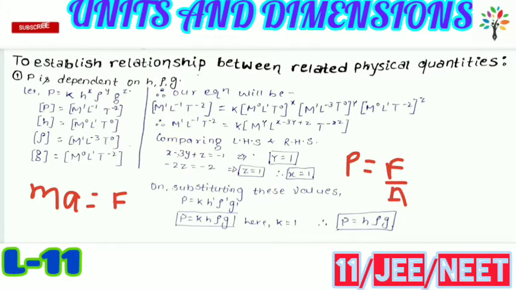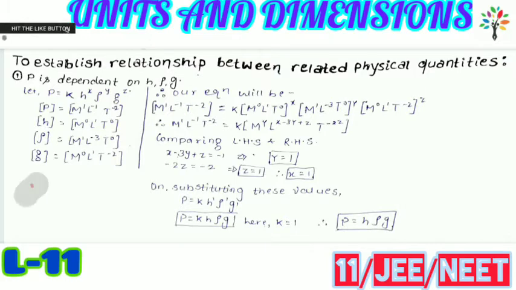How is this related? We may find this formula, this relation, with the help of the concept of dimensional analysis. With any unknown quantity, we may establish a relation, but there should be some relation between these quantities. Okay, so let us see how. Let us suppose we are asked that P is dependent on H, rho and g, where H is the height.